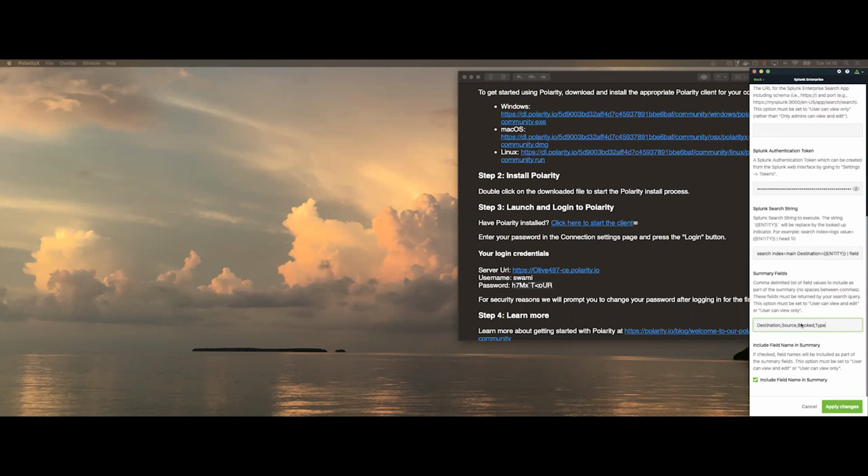Just to add on to here, one of the things that we've noticed is that Splunk is one of our most popularly requested integrations for the Community Edition. And one of the things I wanted to make sure that I cover here is that the way we work the integration is so that you can do lookups based on data that you're seeing. And I'll go through it and I'll show you what I'm talking about. But if you're looking to use Splunk data as the input data into Polarity, meaning the data that you're doing the data awareness lookups through the other integrations on, then you don't actually need to use the Splunk integration, because